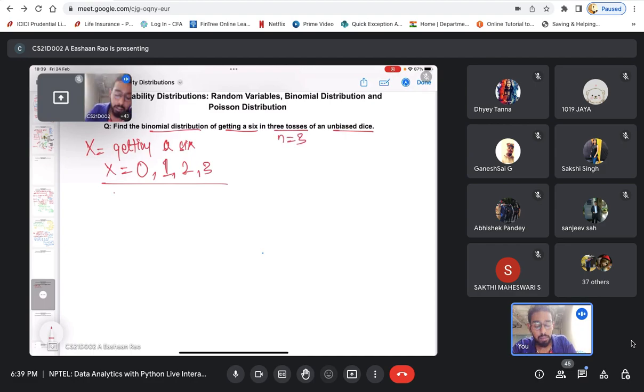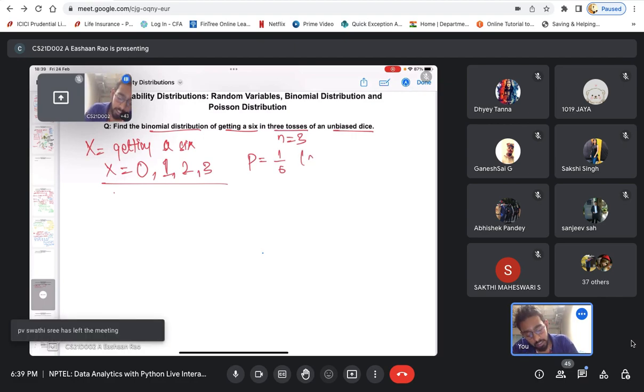So n will become 3, because I'm going to repeat the experiment 3 times. Now I have to define the value of p, that is, the probability of getting a 6. The probability of getting a 6 on a dice is usually 1 by 6. A dice will have 1, 2, 3, 4, 5, 6. So the probability of getting a 6